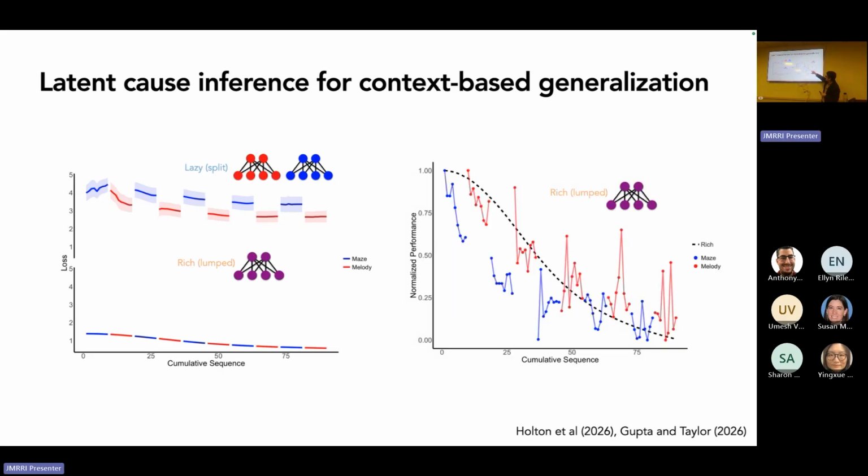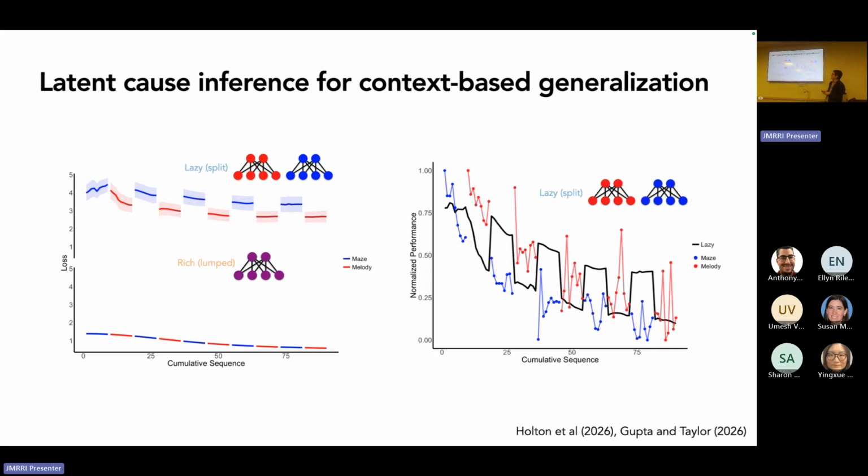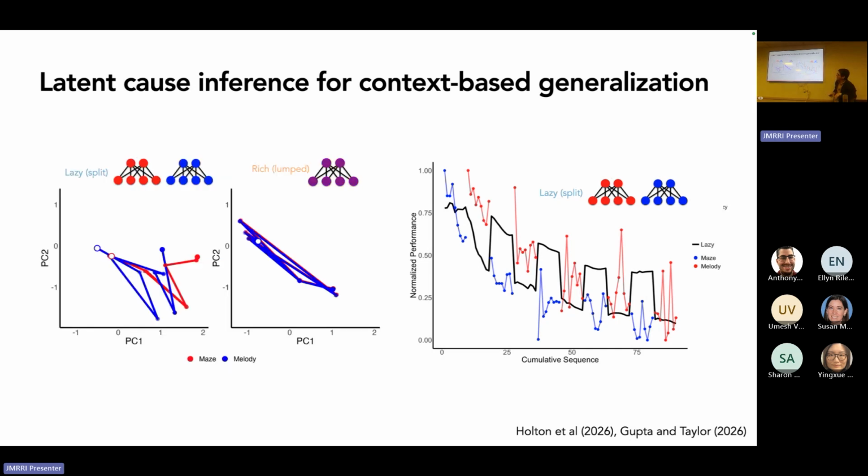And this is what you get for the rich. So this is the human data. We put it in the rich network, and it learns basically one representation. And you put it in the lazy, you get this splitting, these transition costs in going from one context to another. So you can get this just through initialization. And the nice thing that you get out of this, because we have the neural network, is we can look at what the representation is in its psychological space. So you can look at the principal components, or if it's like human work, multidimensional scaling.